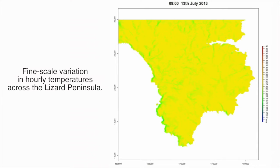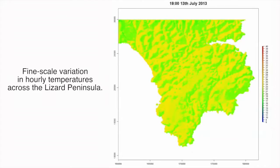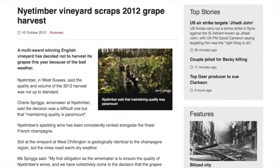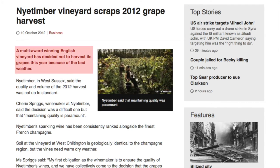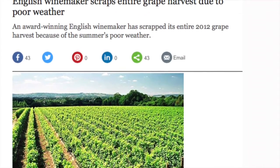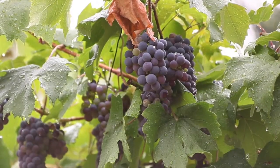Even though the wine industry has grown, the wine growers still face problems with the weather because we're really at the colder margins of wine growing here. So Nine Timber, for example, one of the most renowned vineyards in England, lost its entire crop in 2012 due to adverse weather. And what we are doing is providing tools to the wine industry that allow them to understand